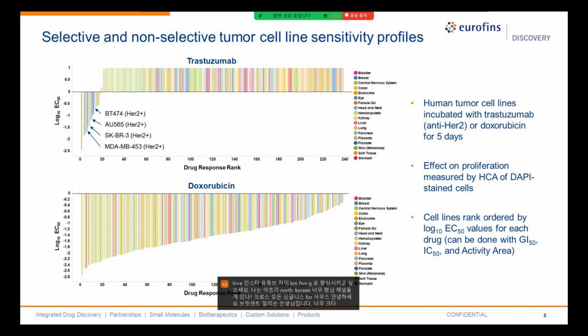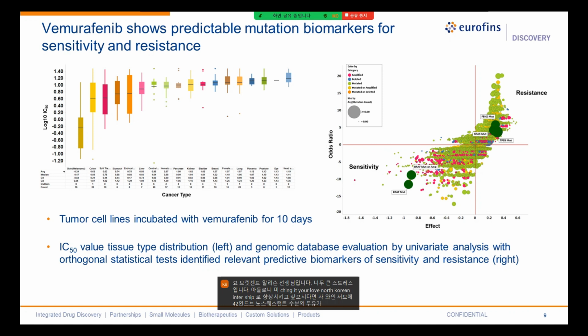And we can statistically ask the question, are there any mutations or differential expression patterns for any gene that correlate with the cell lines that we are saying are the most sensitive and the cell lines that we are saying are the most resistant? So when we do that then, we can look at the various cell lines in such